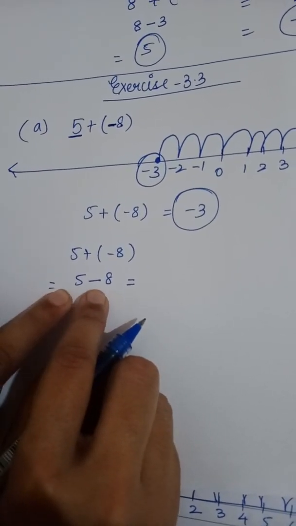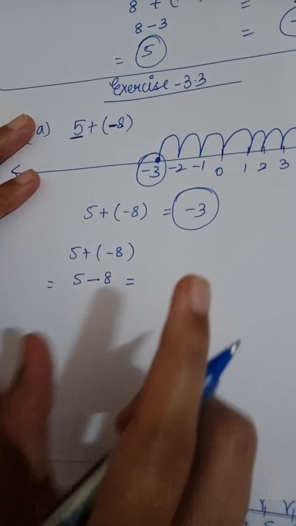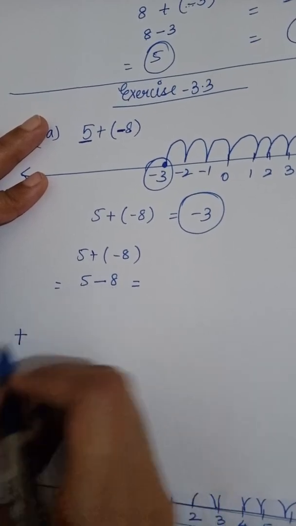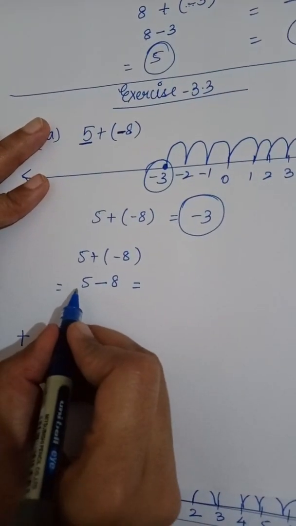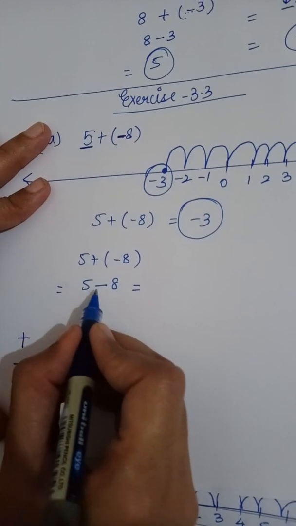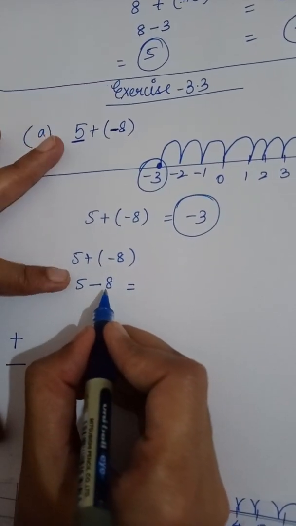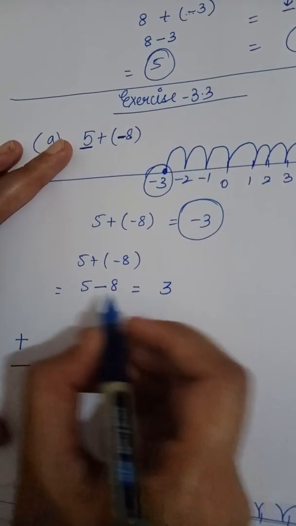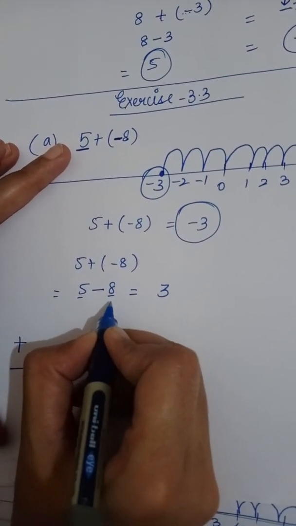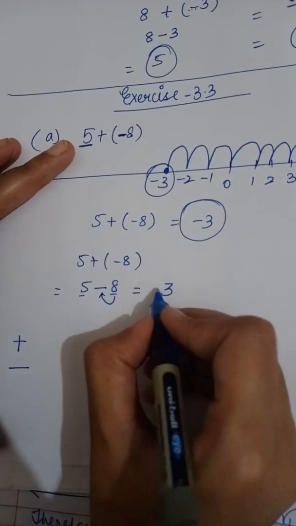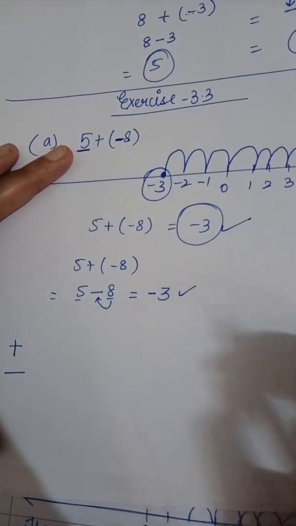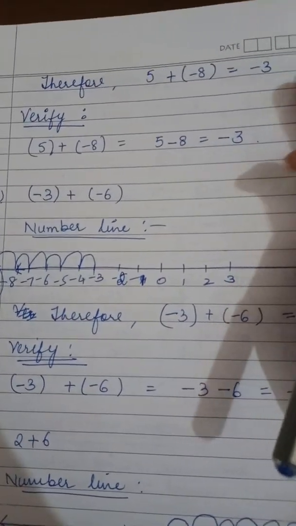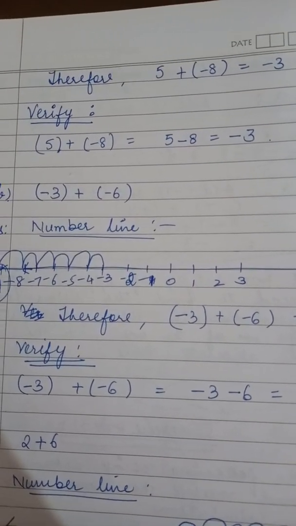So what I am going to do here is subtract. See, when two signs are the same, we are going to add, and when two signs are different, then we are going to subtract. Since no sign was there, this is the sign of plus. What is plus minus? Minus. Now I am going to subtract 8 and 5. What will come? 3. Now what sign will come here? Out of 5 and 8, which one is the greater one? 8. And what is the sign with 8? Minus. So I am going to place minus here. So can you see, in both cases the answer is coming the same. The answer is verified. That's what we have done in the question. Clear?